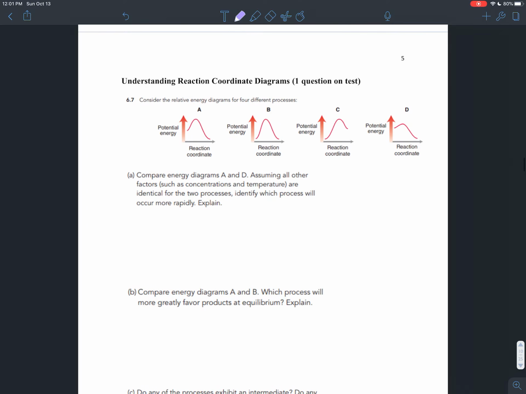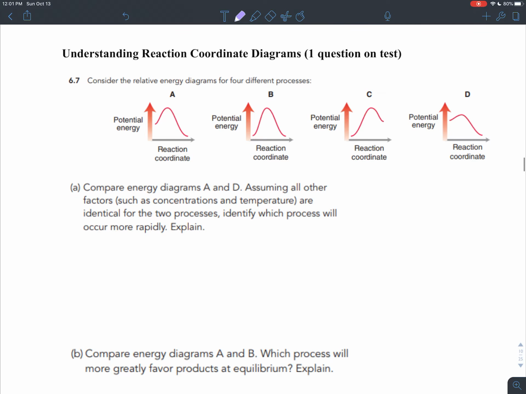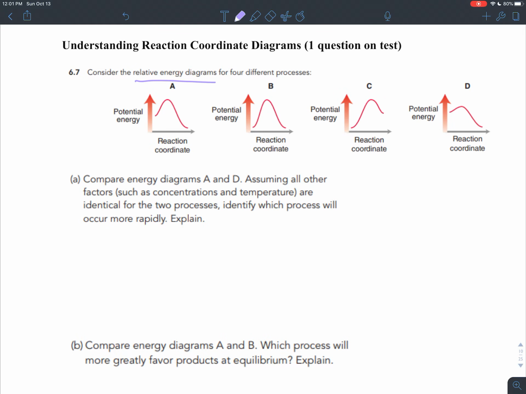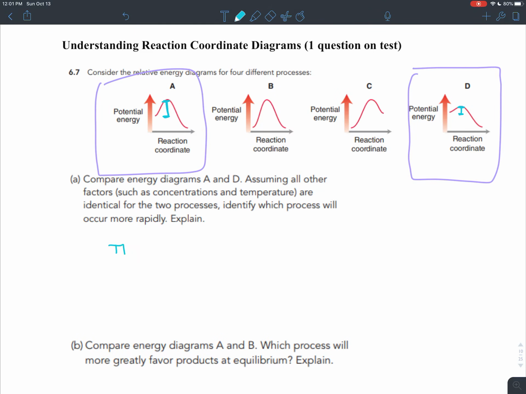So let's use that information that we learned about how to read these reaction coordinate diagrams to answer these questions. It says, consider the relative energy diagrams, the reaction coordinate diagrams that they give you for 4 different reactions, A, B, C, and D. In this first question, it says, compare A and D. Assuming all of their factors are identical, identify which process will occur more rapidly. So we're looking at the activation energy. In A, the activation energy is that large. In D, the activation energy is smaller, and so the reaction